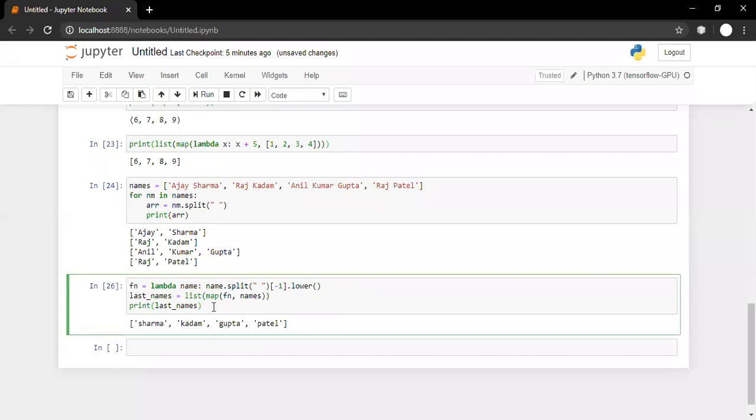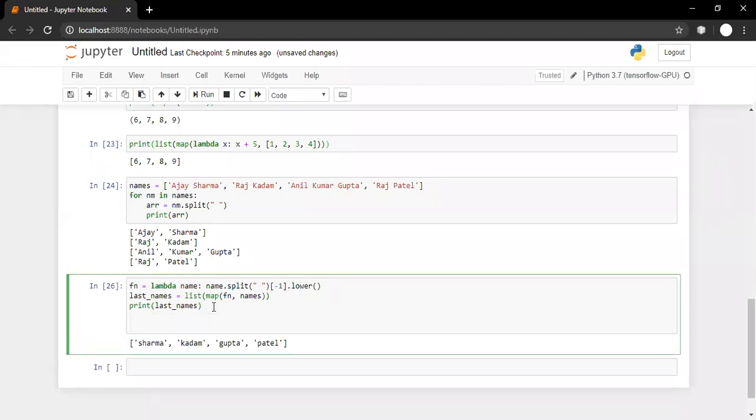And then write our function for sorting. So how can we sort it? Let us say we are calling a function sorted by passing names. So names is our list.